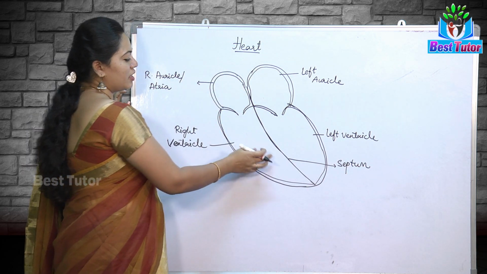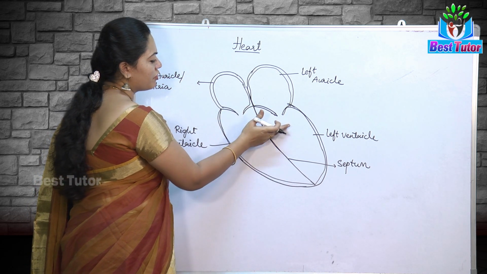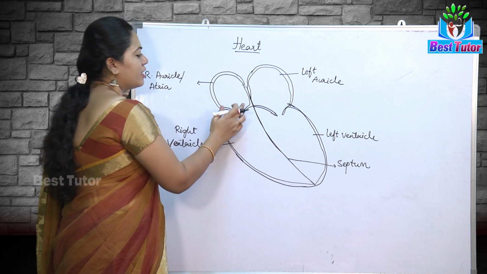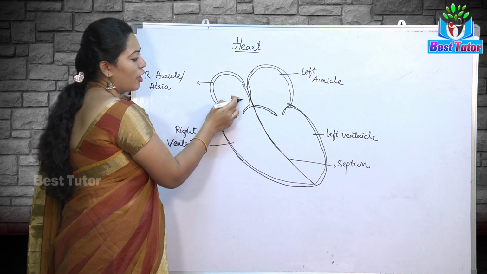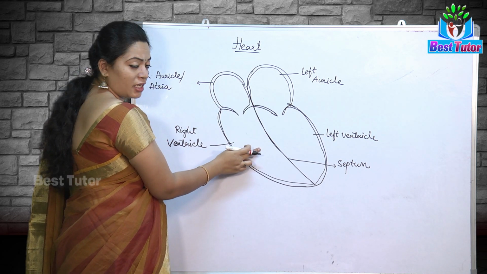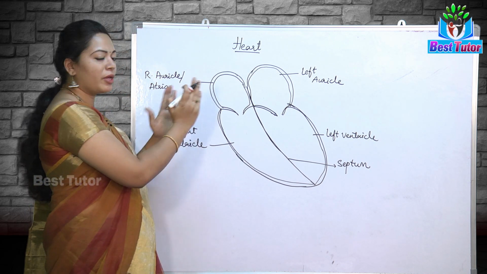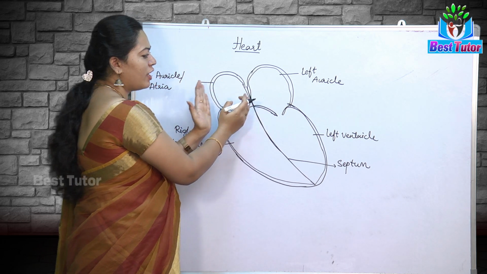Right, the one is a muscular structure we can see which separates the left with the right of your heart, is known as septum. If it is the upper chamber septum, we call it interauricular septum. If it is the ventricle part, we call it interventricular septum. Inter means in between. So if the septum is placed in between the upper two auricles, we call it